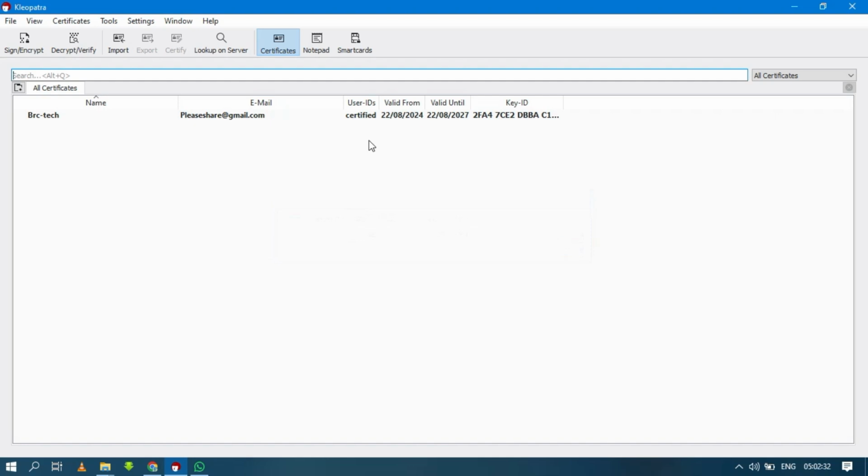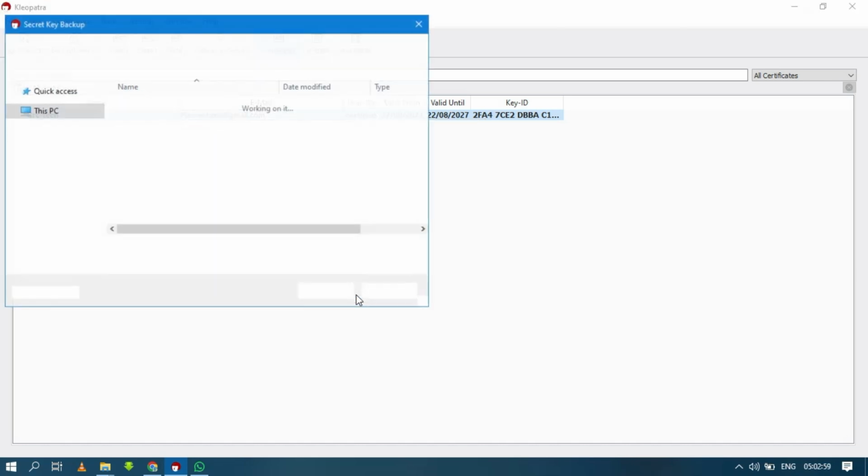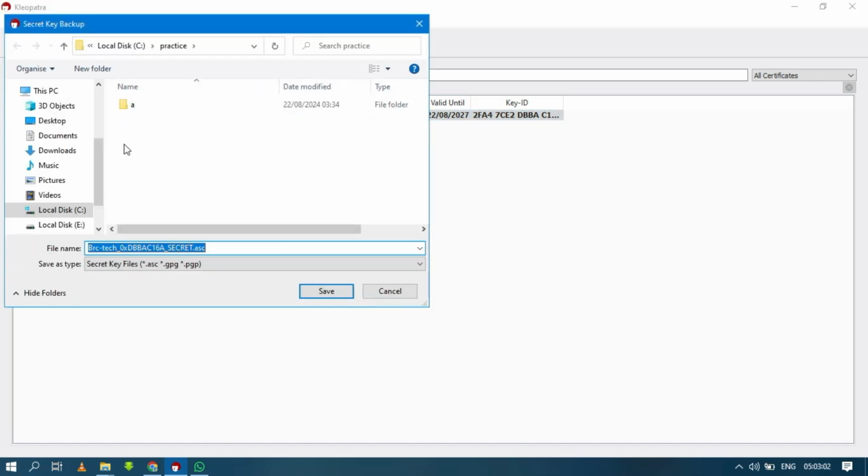All right, this is it. As you can see, this is our public key. What we have just created now, what you are seeing here, this is our key. From here we can export this public key and we can export our private key. If you want to get your private key, right click on it, then scroll down, you see backup secret key. You click backup secret key, then you select a folder on your desktop where you want to save your public key, your private key. I'll press save,